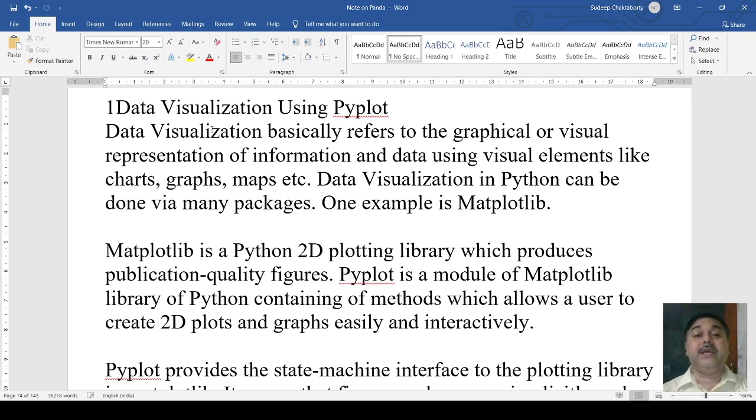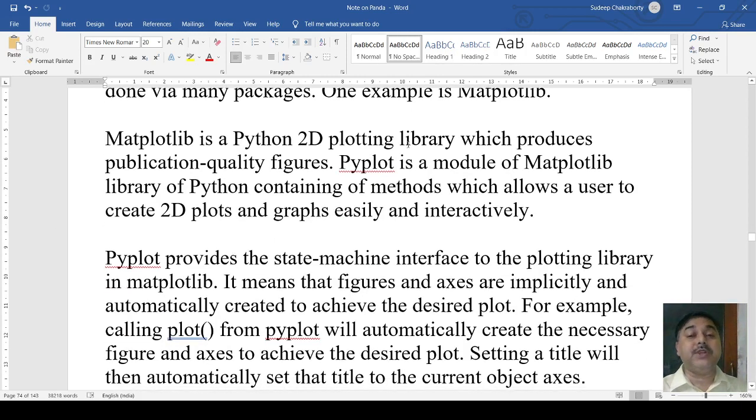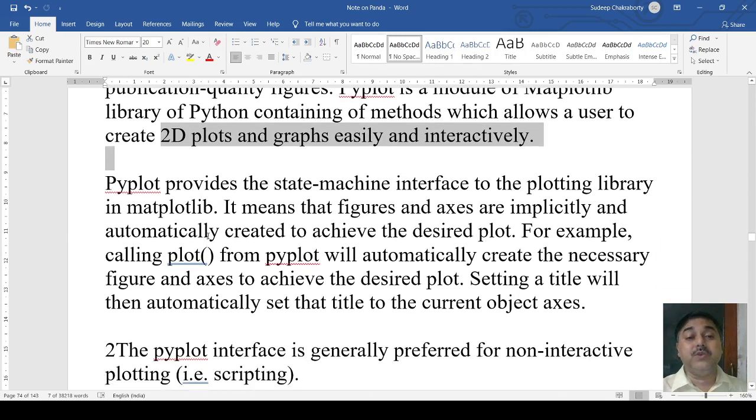by many packages. There are many packages. One of the important packages is matplotlib. So what is matplotlib? It is a two-dimensional plotting library. When we use pyplot with this module of matplotlib, we can use different sections of the dimensional arrays, and using those arrays we can create different types of graphs, isn't it? With those 2D plots we can work interactively and make the work usable, isn't it?